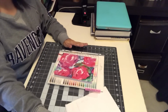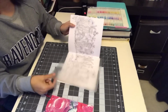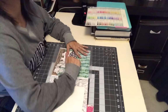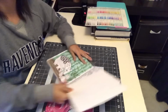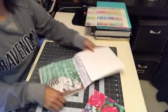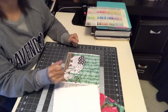If you're like me, I can't just color straight where it's like this the whole time. I don't like to maneuver myself around to different angles. I always turn my books. Sometimes it's upside down and I color. So just having that space to color and turn my books around makes it easier for me to